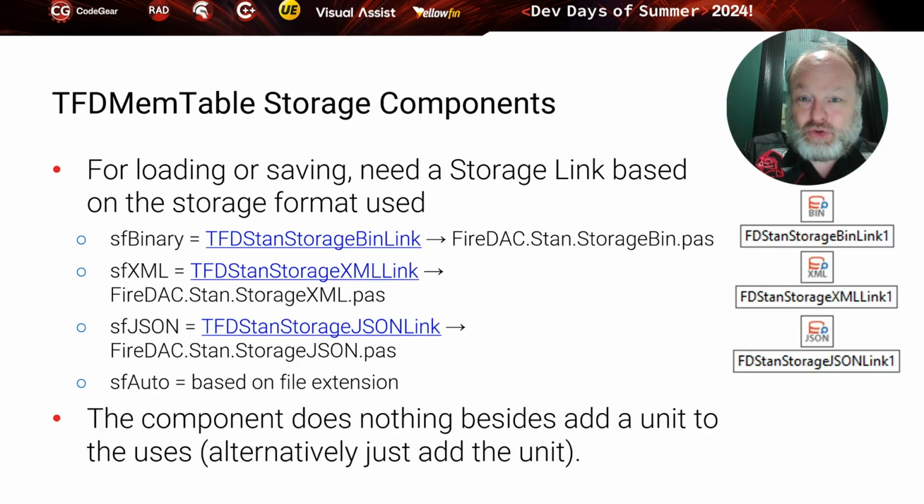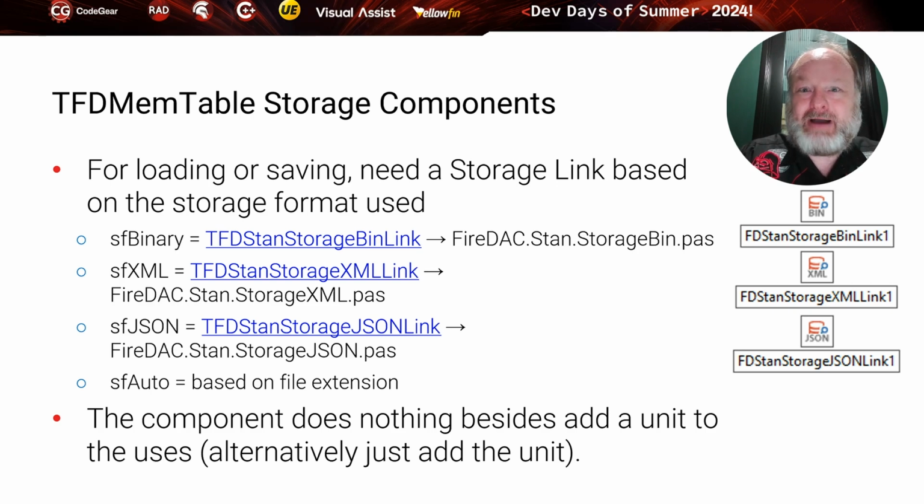One note about storing, whether it be storing to a file or to a stream, reading or writing, is you need a storage link, which there's 3 components. There's an XML, a binary, and a JSON component. Which one you need depends on the format you're using. You can specify auto, and then it will guess based on the file name, but you need to include the one that matches either way. So depending on what you want, if you want to have a well-formed XML, a standalone JSON file, or a binary file,